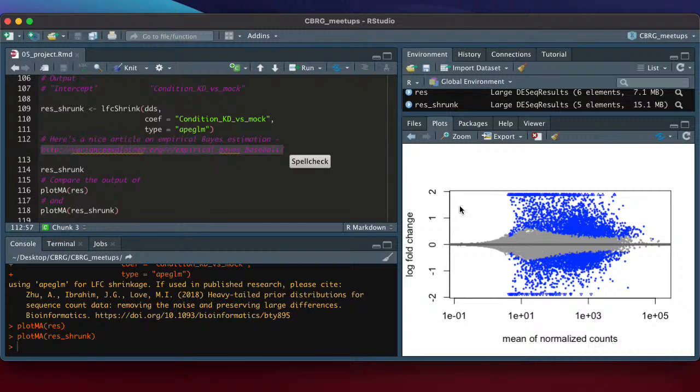And a very similar strategy is applied here, where you construct this prior expectation or prior distribution using log fold change information from all the genes in your experiment, plus the initial log fold change estimate for these genes, and that gives you this new revised estimate. The way this empirical Bayes approach works for DESeq2 is the genes with fewer counts experience more of a change in their estimated value.